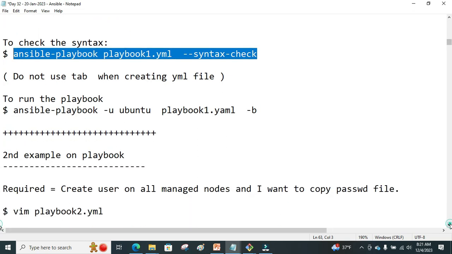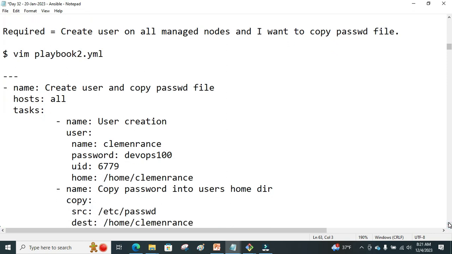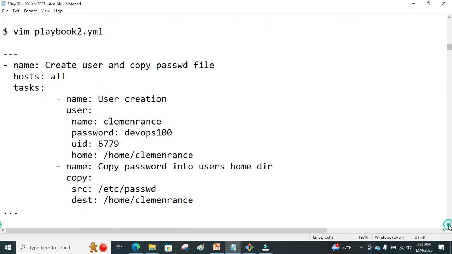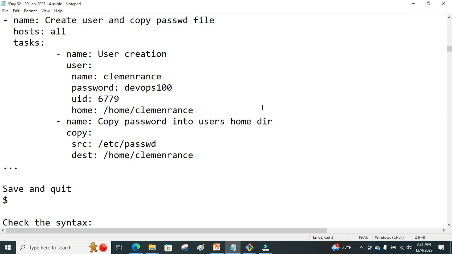That is what I wanted to show you in this playbook, how to check your syntax error command. Okay, in our second example, we are going to create a user on all our managed nodes, and then we copy the password file. Now we already know we have this playbook. So what are we going to learn new in this playbook? What we are going to learn in this particular example is, in our formal